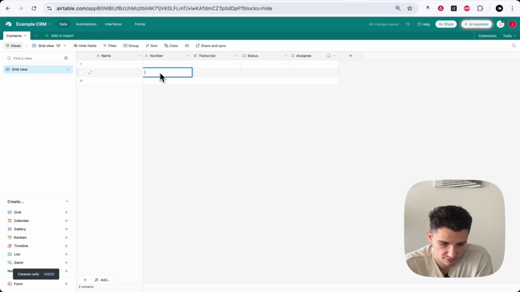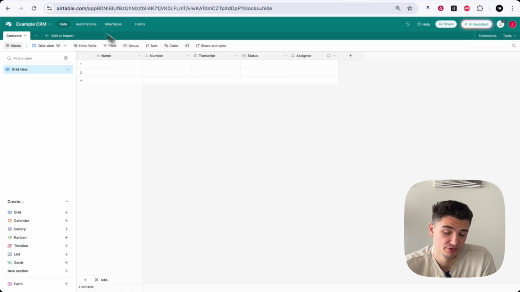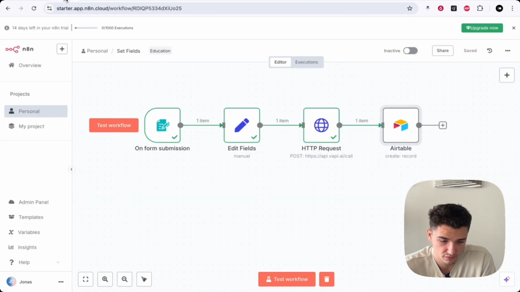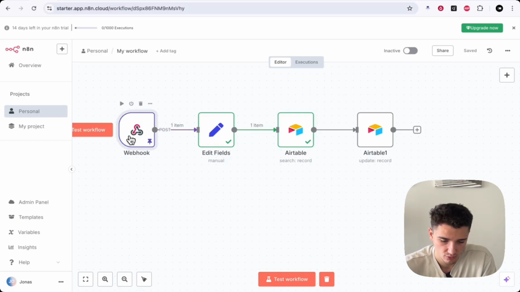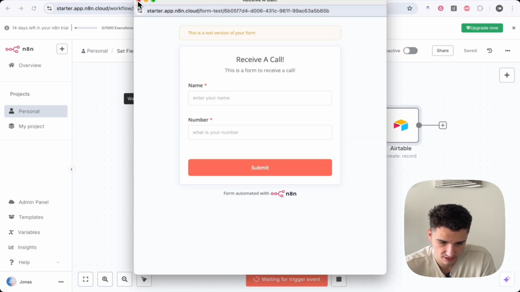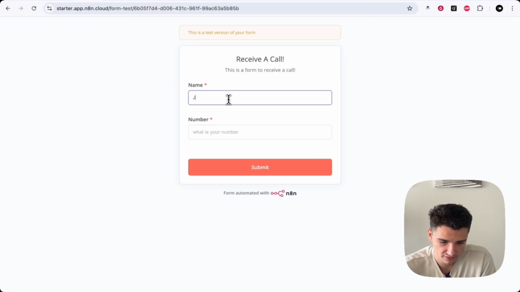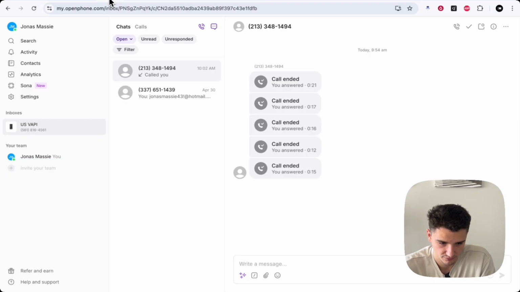So what we could probably do here is distribute another call. So our first workflow populates our record with those user details, and then our second workflow is able to update that with the transcript. So what we can do, unpin this data, we'll test that workflow, and then we'll come back to this workflow, we'll test this, head back over to our form, guys, name and our number, submit, we're getting a call,